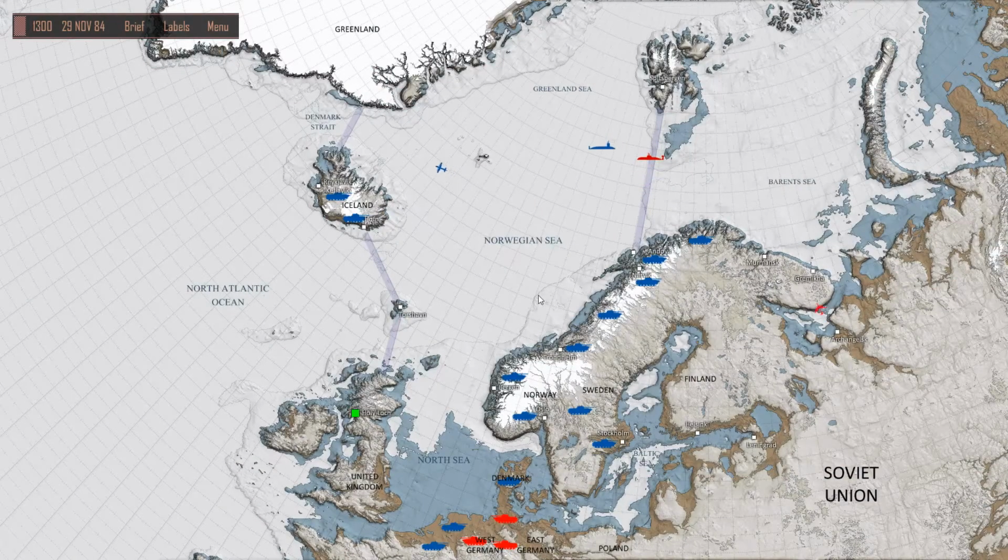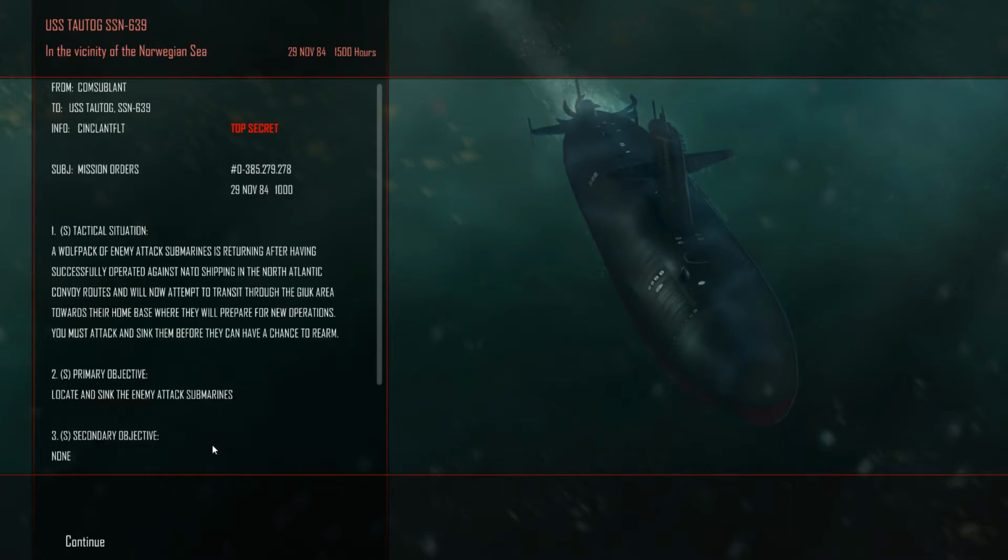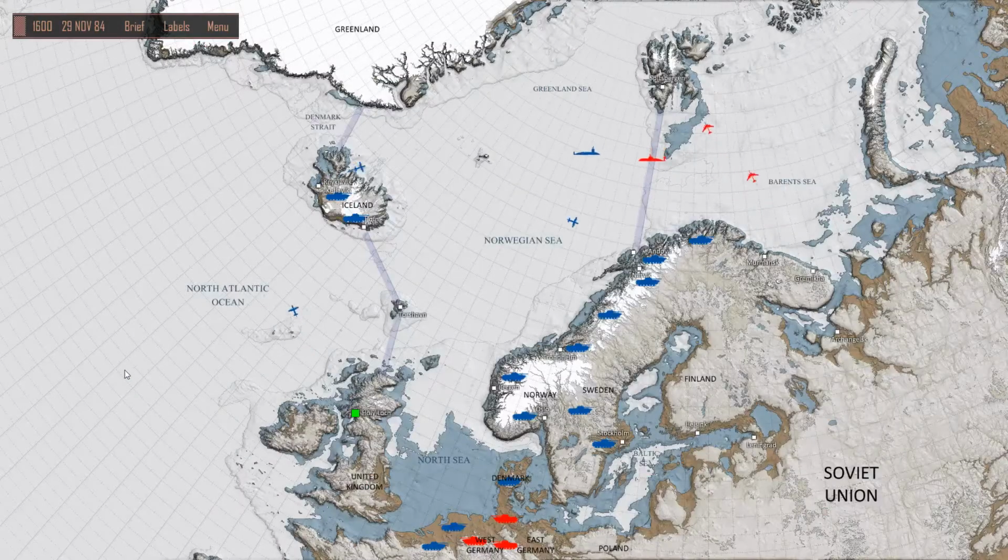Well, we're in something. Let's quickly go to the brief. What's our orders? A wolf pack of enemy attack submarines is returning after having successfully operated against NATO shipping in the North Atlantic. Convoy routes will now attempt to transit the GIUK area towards their home base, where they'll prepare for operations. You must attack them and sink them before they have chance to rearm. So we're going down here towards...